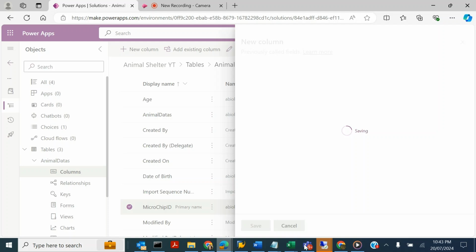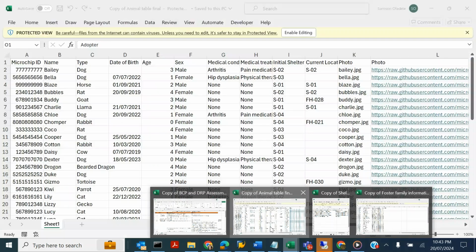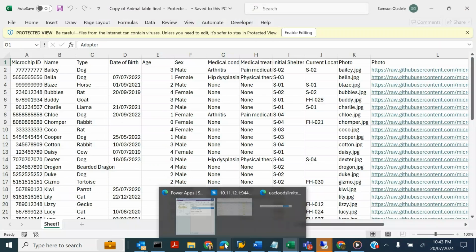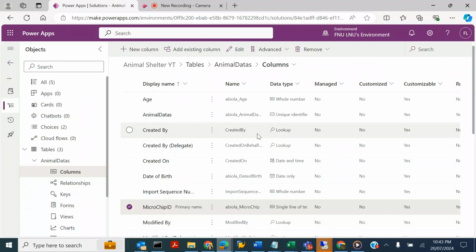So the next column now that I want to do is the medical record. For the medical record too, it's going to be choice. We're going to put it under choice also. So new record,